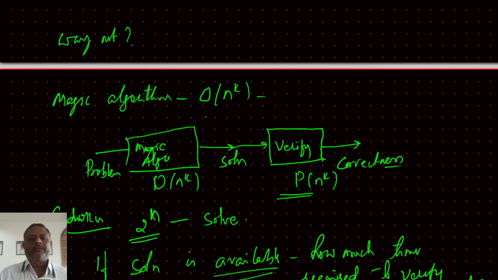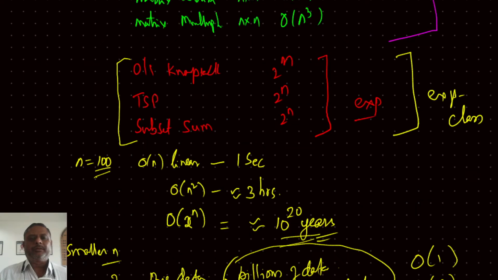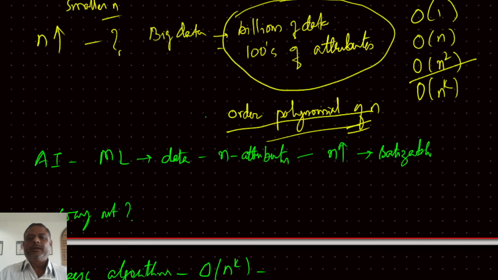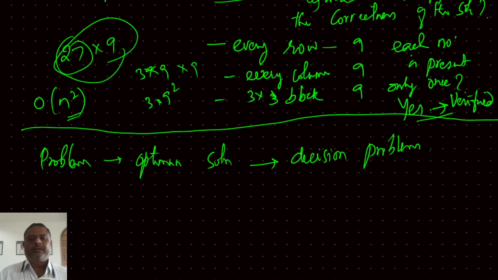All the other things we have seen in the previous case, whether it is 0/1 knapsack, traveling salesperson, or subset sum, in all these problems we were trying to find the optimum solution. Now instead of finding the optimum solution, we just convert the problem into a decision problem and say whether the solution is correct